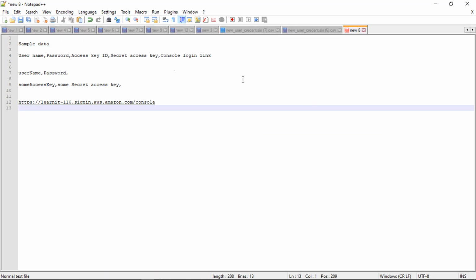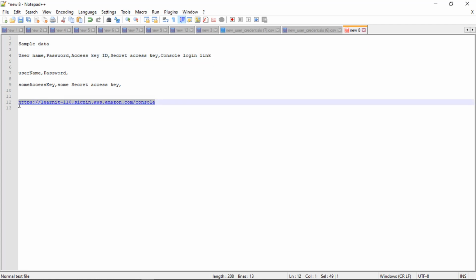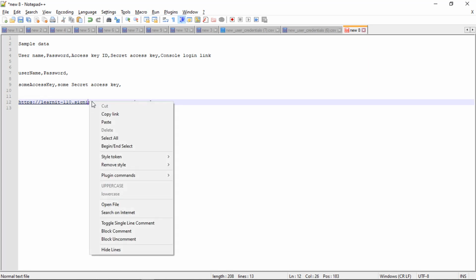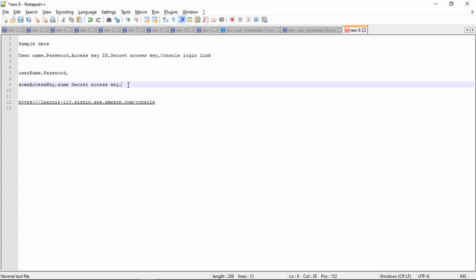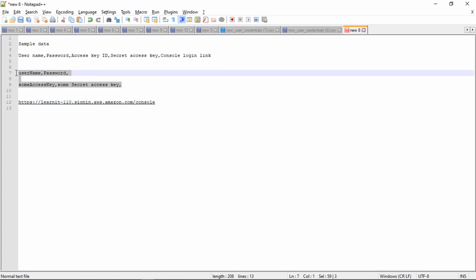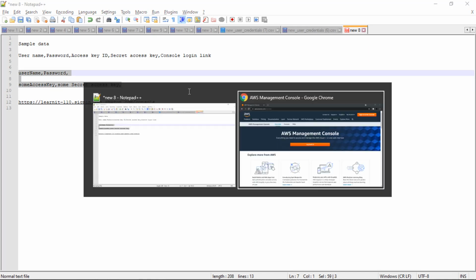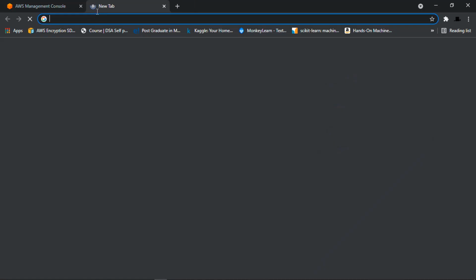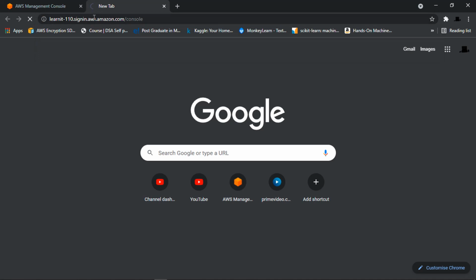Now let's go to downloaded CSV files. So guys, in the downloaded CSV files, you will see the username of your IAM user, password, access key and secret access key. Also the login link for your account using which IAM users can log into your AWS console. So let's copy this link, and this is the dummy data that I have pasted here. But you will see the actual username, password, access key and secret access key for the newly created IAM users in the downloaded CSV files. Let's log in with console link now for our account.